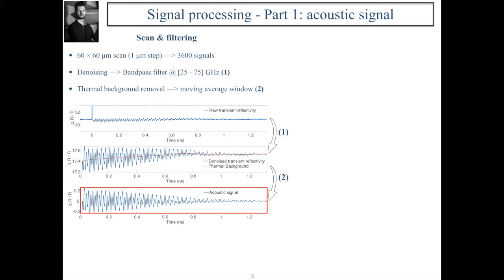To do so, a bandpass filter is applied to the raw transient reflectivity signal in order to remove the noise. Also, the electronic peak influence, corresponding to the common time of pump and probe arrival, is removed since it does not have any acoustic information. Then, the thermal background is removed from the denoised transient reflectivity signal in order to extract the acoustic component of